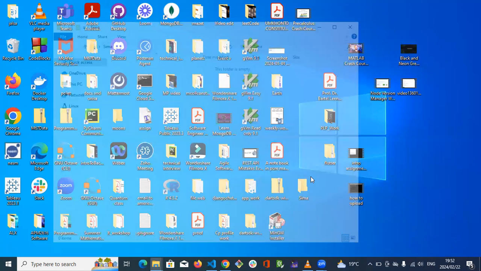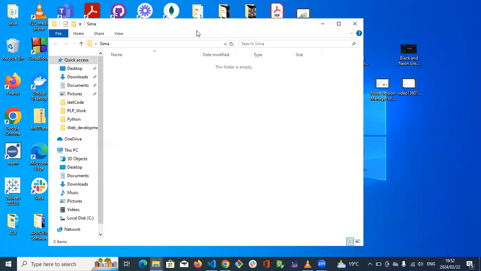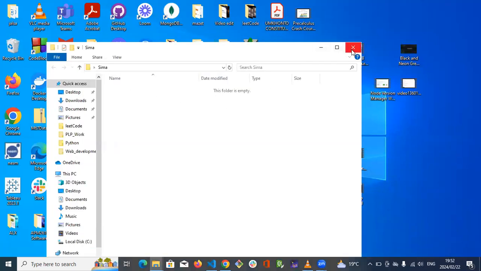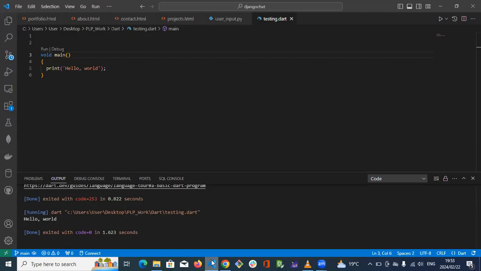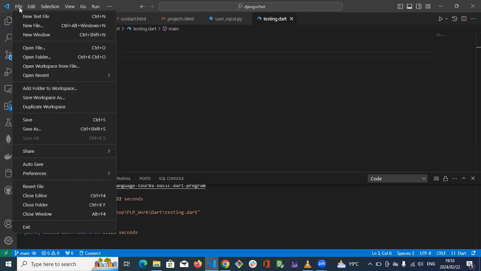Then you double click on it. Close it. And then, you know, the VS Code, Visual Code, go to file, save, save, file, text file,